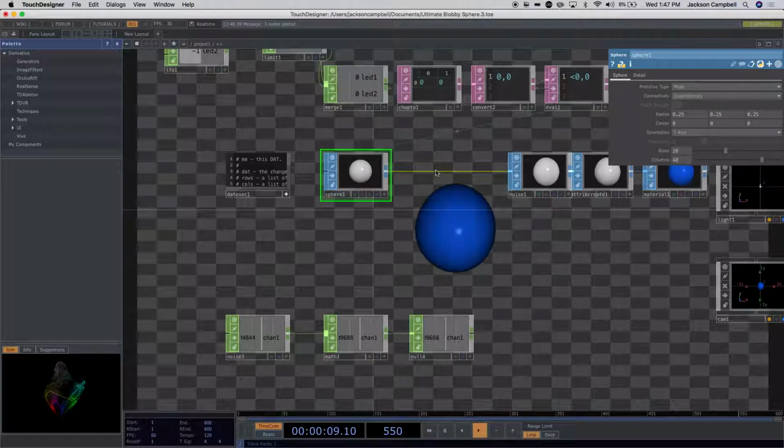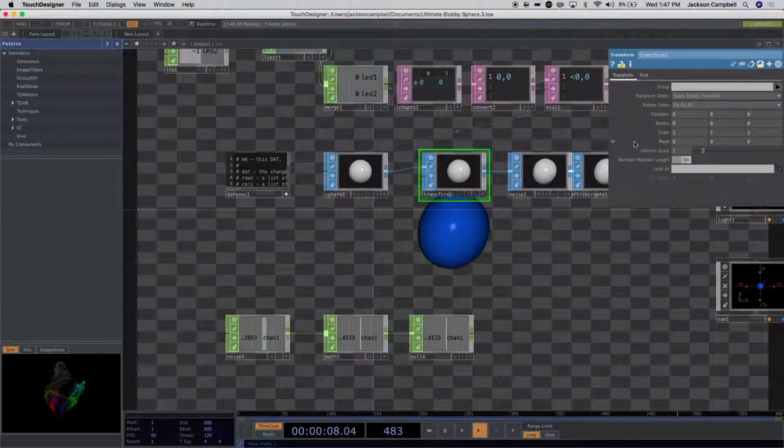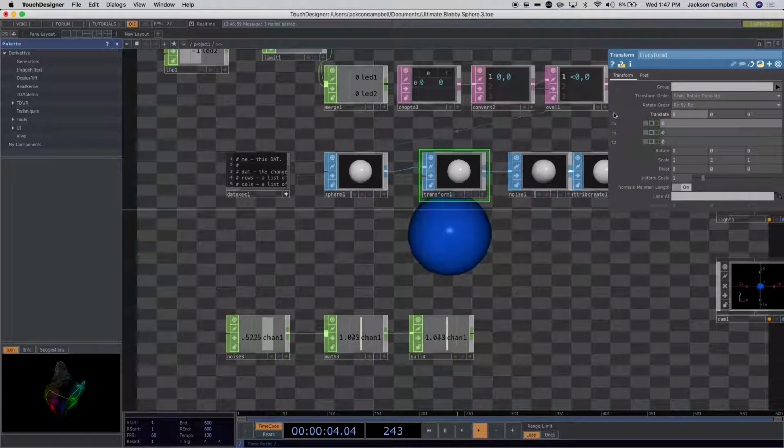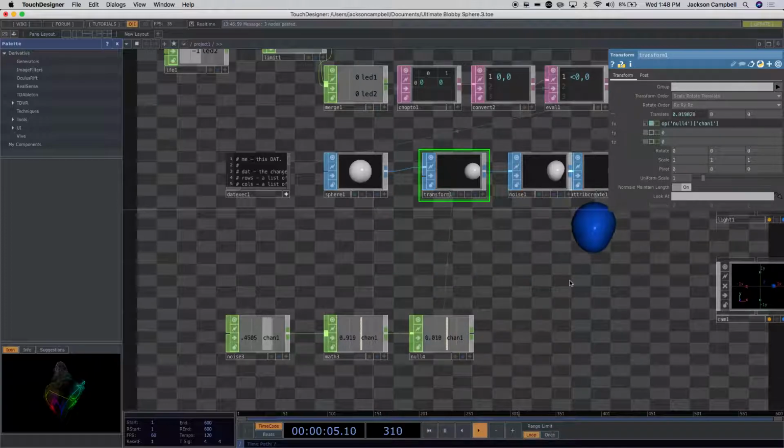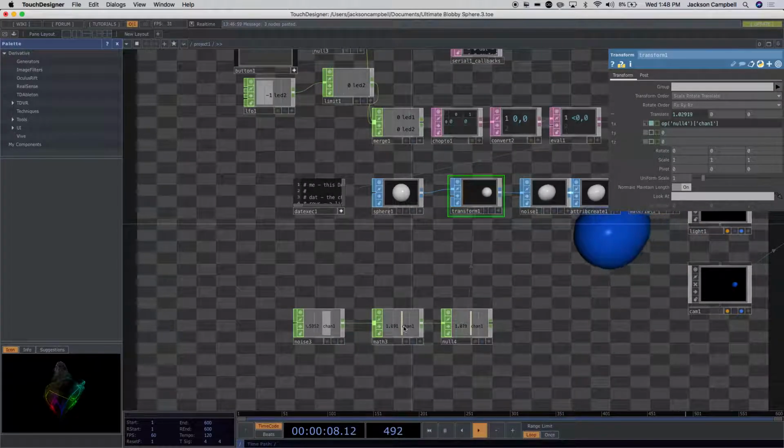transform, insert operator transform, and on the X translate, I am sorry, I have to catch back up because I had the wrong thing open. Op null for chan 1. There we go. Okay, so we got this thing now, and we are going to add a channel